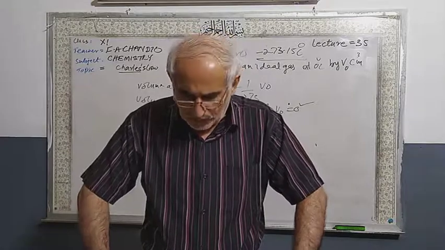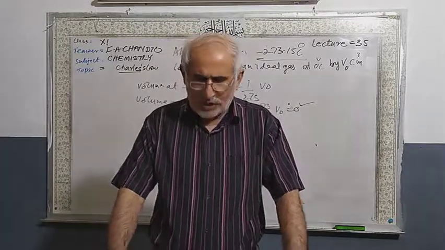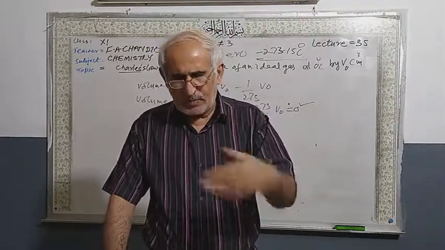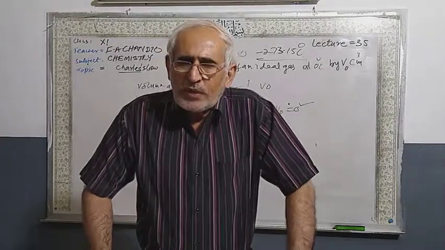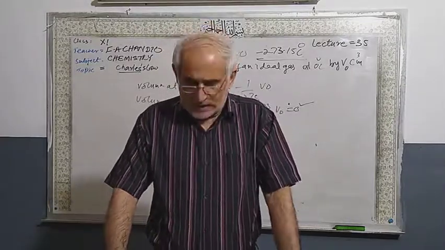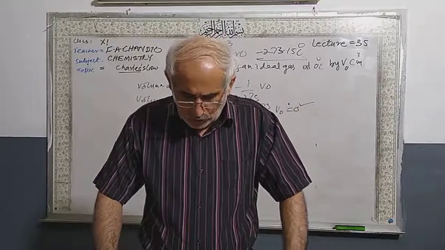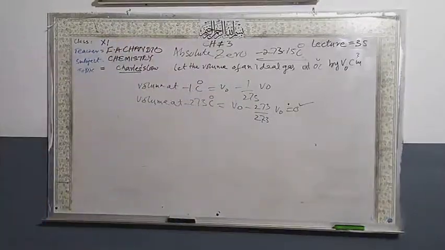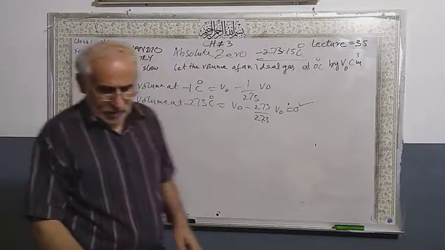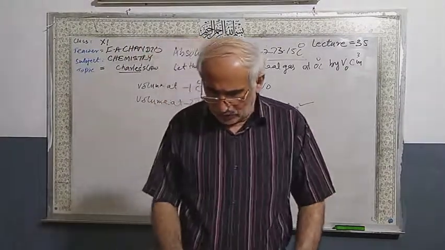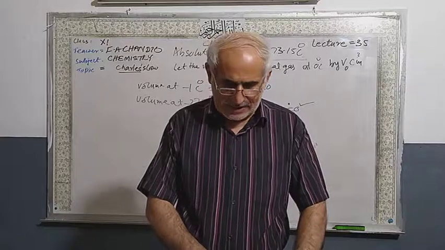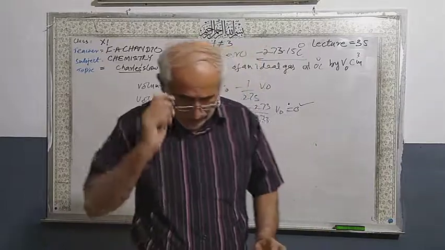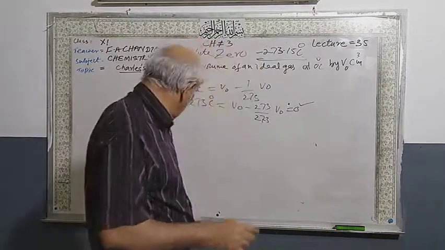So dear students, a very simple example is given according to Charles' law. Example number 4.7, if you see in your book: 50 centimeter cube volume V1 at 15 degrees Celsius T1, which is 288 Kelvin, and 50 degrees Celsius again converted to Kelvin. V1 over T1 is equal to V2 over T2. So dear students, you have to calculate the volume of the gas. Then you will have 56 centimeter cube. So likewise you have to calculate this one. So I am going to do the activity here.